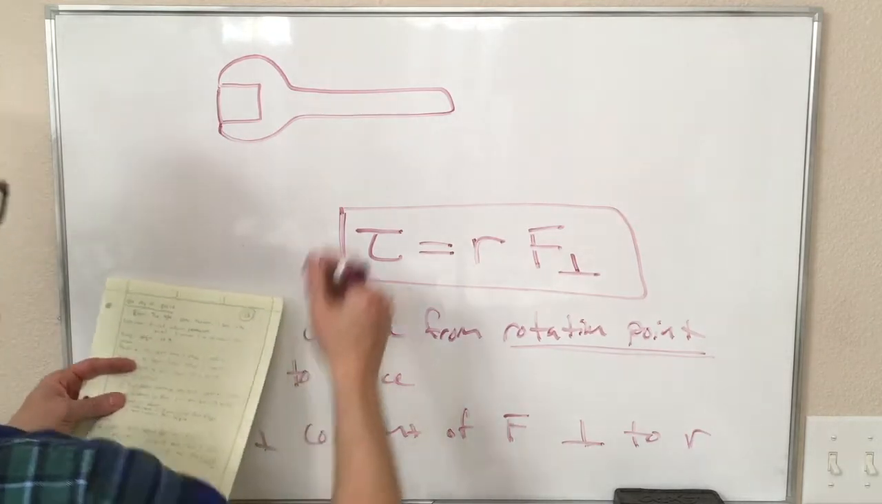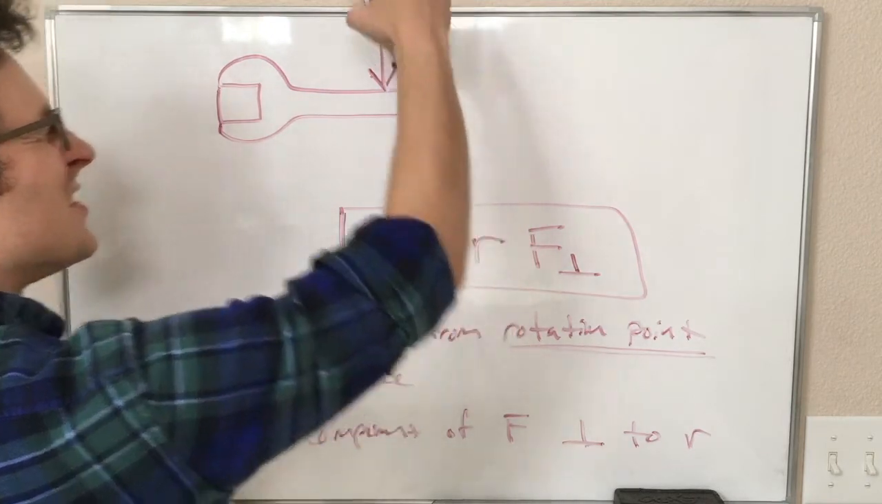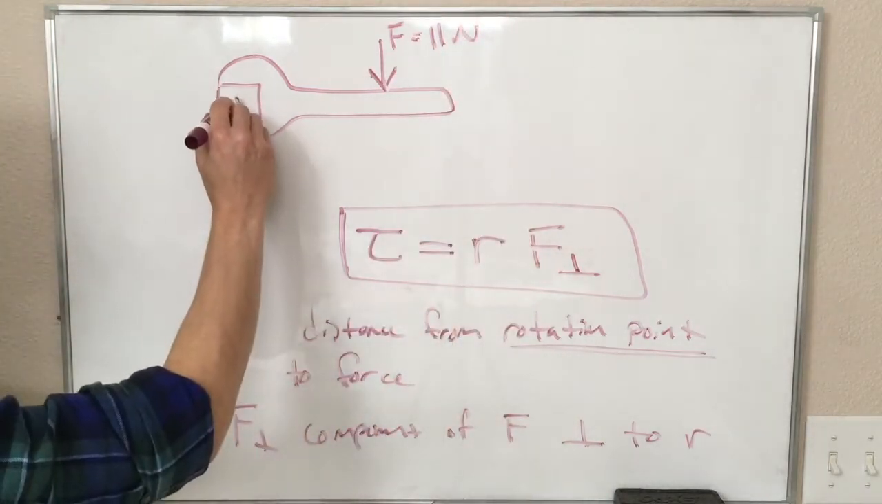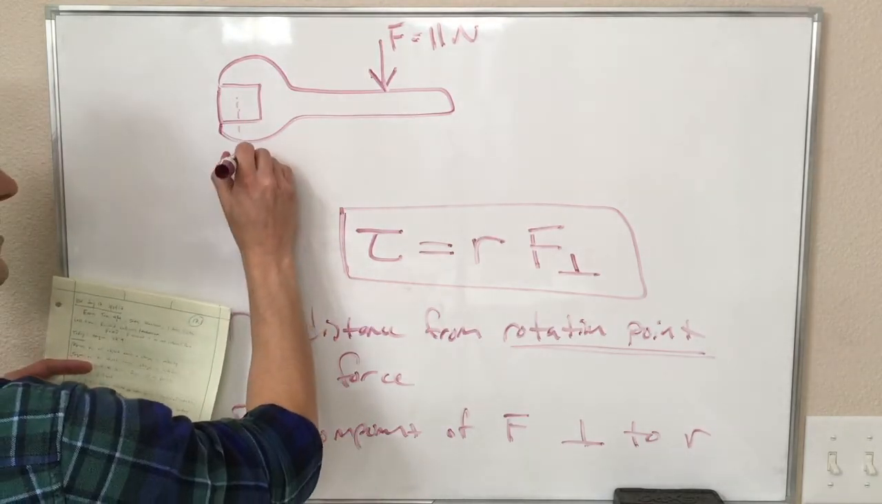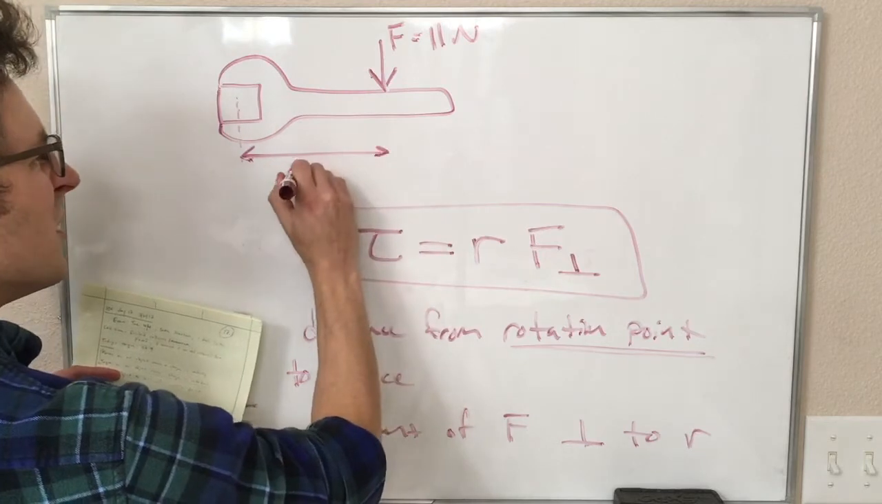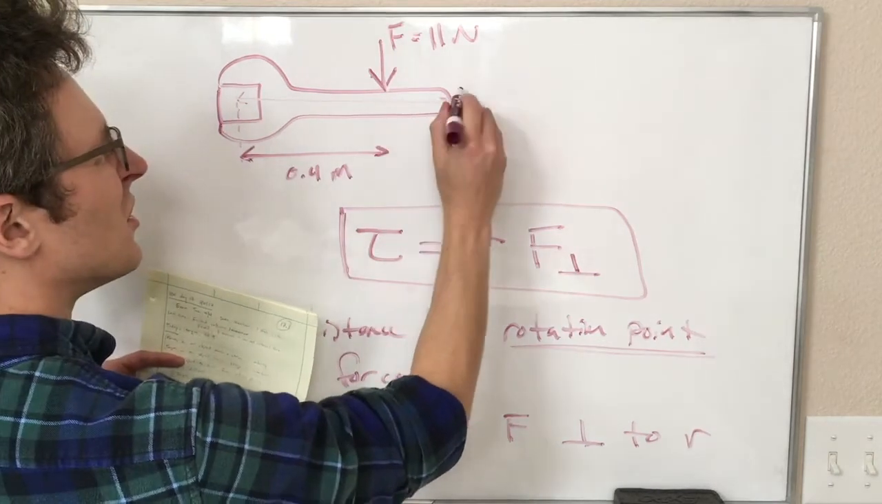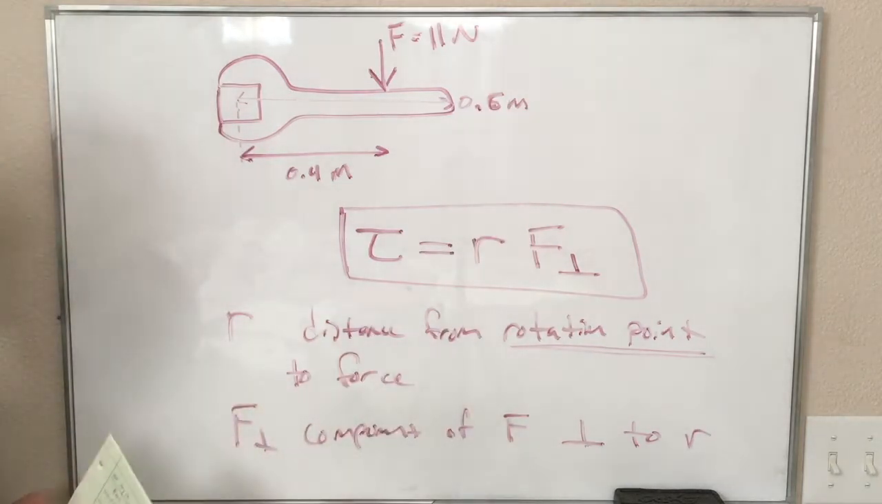So let's say we are exerting a force on this wrench downward here that is equal to 11 newtons. And let's say this is the center of our bolt right there. And let's say this distance is 0.4 meters, and the length of the whole wrench is 0.6 meters. So this is a pretty big wrench. This is a 1.5 foot plus long wrench. Okay, so what is our torque